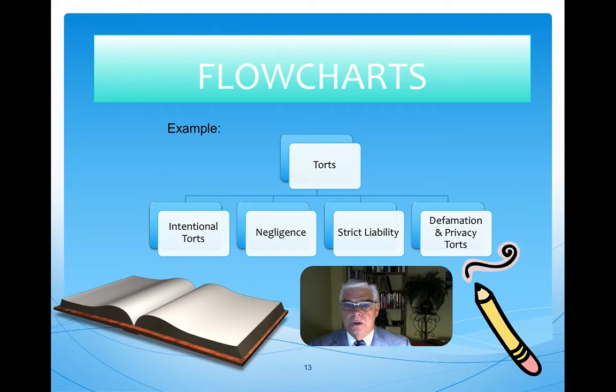So that's outlines. Another important review tool that we use that I personally like, and most visual learners like these as well, are flowcharts. So for example, in a torts flowchart, and you can make flowcharts from your outlines, by the way. You don't have to use one or the other. You can use a variety, whatever it is that you need here. So a flowchart is